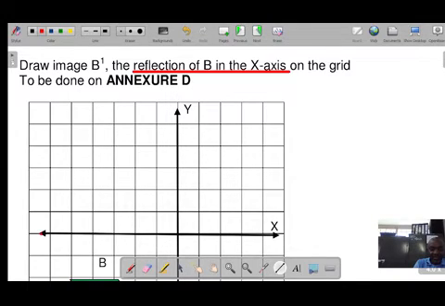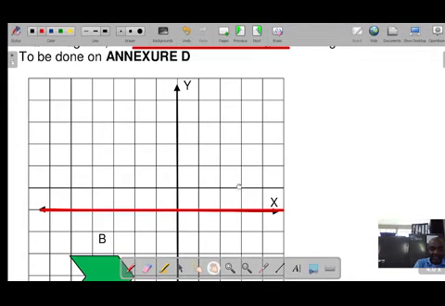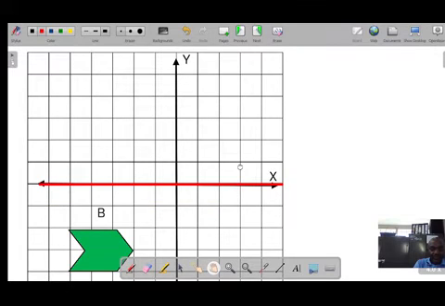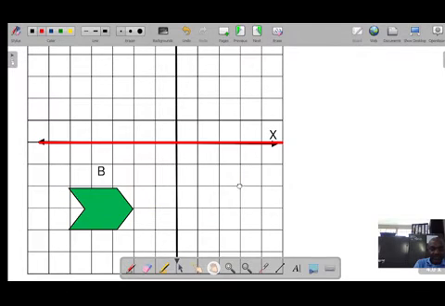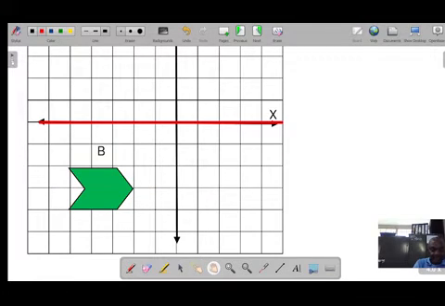Now if I put my mirror here, when something is reflected, it must have the same units, as in the same distance from the object to the image, right? Let's check it out now. If I do so, I can see that this is my object. So this point here, I'm going to count, this is 1, 2,